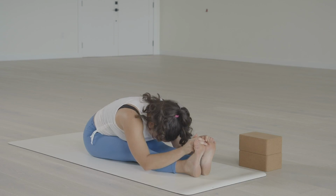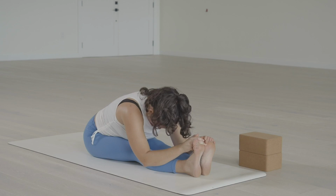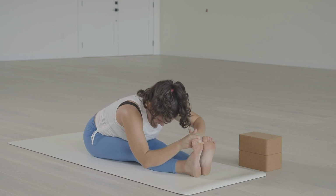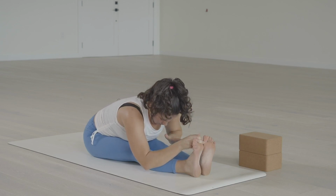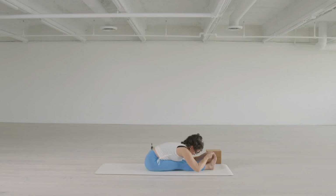So inhaling, drawing the lower belly in, and you can even lift out of it a little bit to lift the rib cage away from the hips and reach the heart forward. And then exhale, settle into this, relax the back muscles, but keep reaching the heart forward and the crown of the head forward. So here sometimes the drishti is to look at the toes,